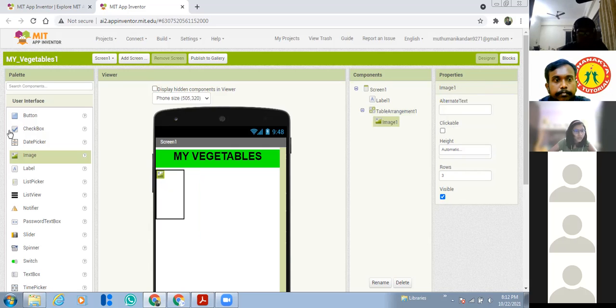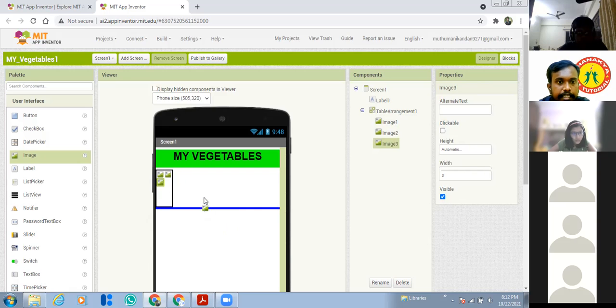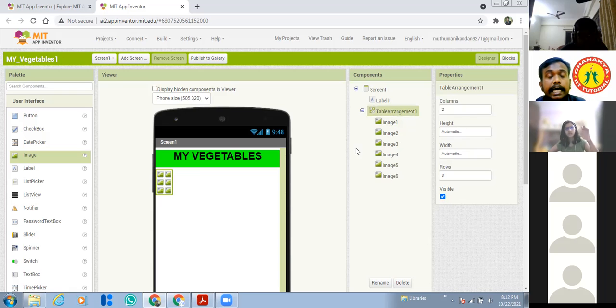So the first image I have added, then the second image, and the third one should be below, right? The third image goes inside the blue color box, and the fourth image, don't add it here. If you add it here, it will be an error. Exactly, put it inside the box. Then the fourth one and the fifth one, the last. So I have added 6 images. After you have added all the images, only then you set the height and width.